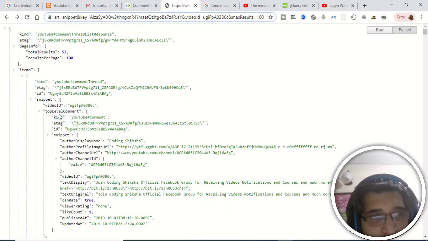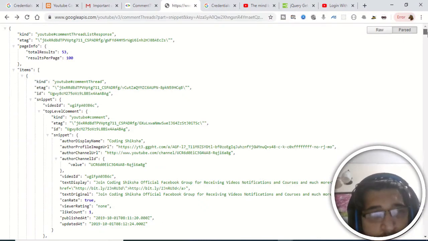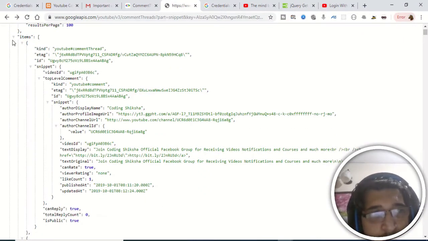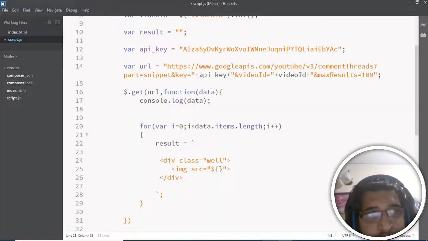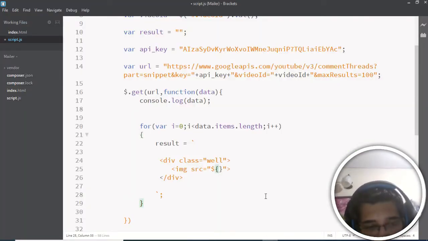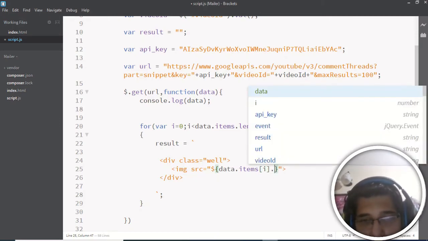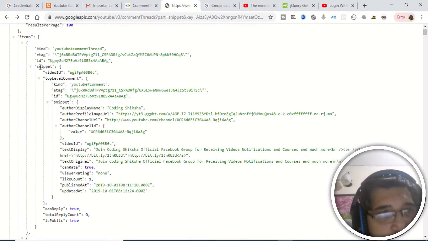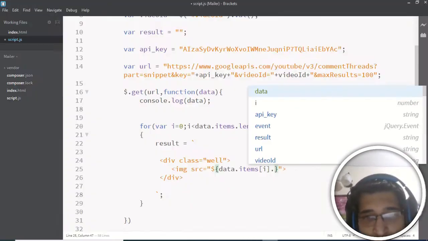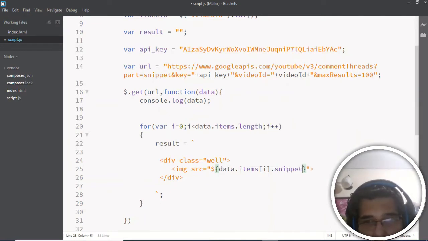So in order to get this, you will see that this is a structure, this is the individual item here. So items dot snippet dot topLevelComment dot snippet dot authorProfileImageUrl. So this is the full route. So here we will just write data dot items. So we are using a loop here. So in the square brackets we will write i dot, and inside this we have a snippet property. So we will write snippet dot